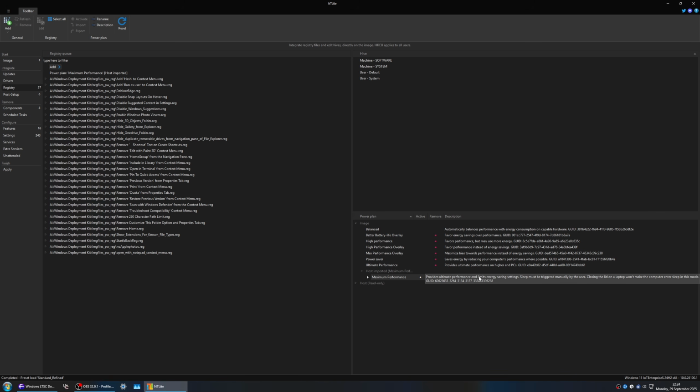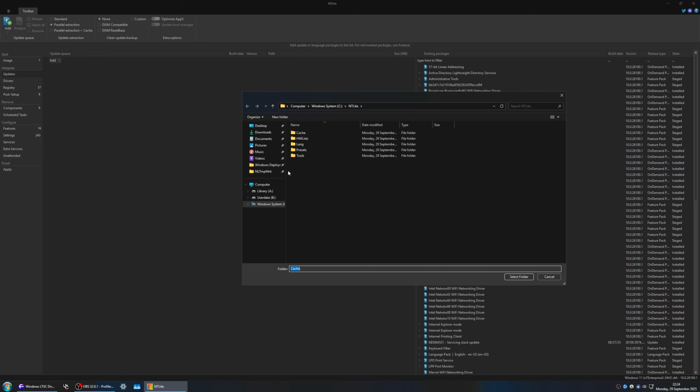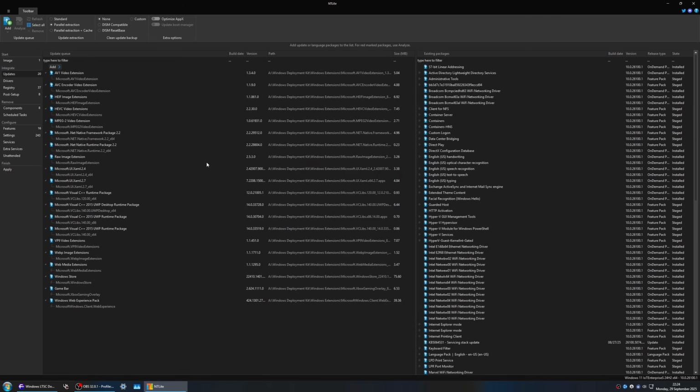It has the same GUID that is present in my group policy, so it will be activated, and balanced is just there for compatibility purposes. And that's it for the registry section. Now for updates, we need to add some stuff. We need to add Windows extensions. We need to add all these video extensions, and we also need to add